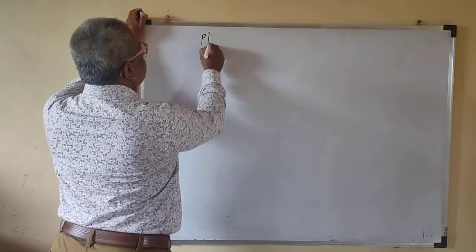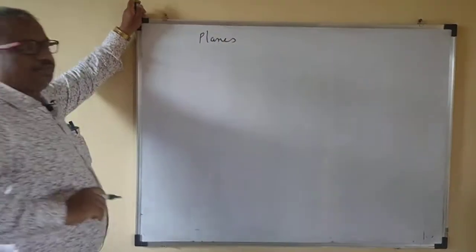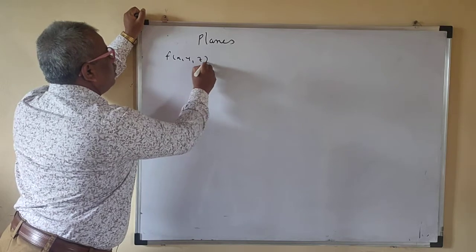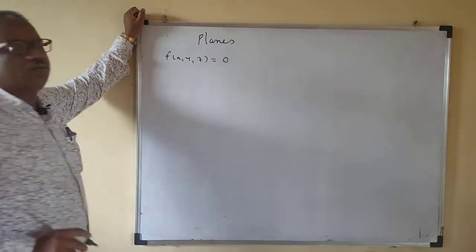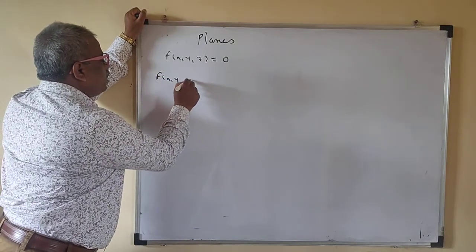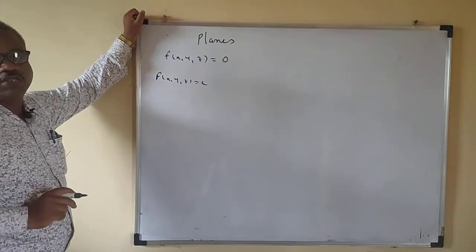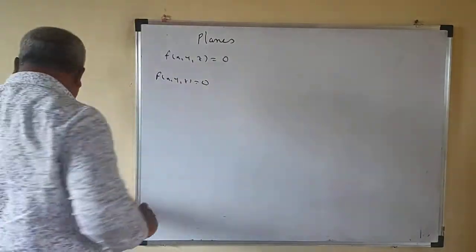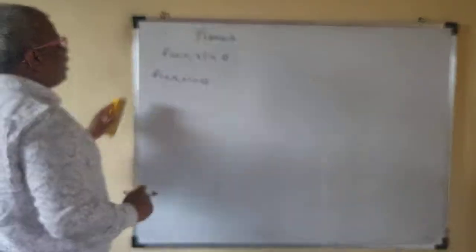Now we discuss planes. What do we mean by a plane? The surface F(x, y, z) = c, or equal to 0, doesn't matter. This is the surface. F(x, y, z) = c represents the equation of the surface, or equal to 0 represents the equation of the surface. This surface represents a plane